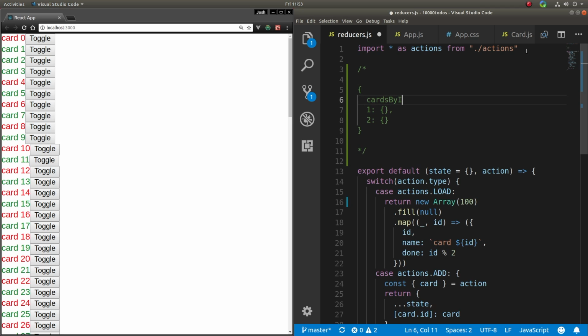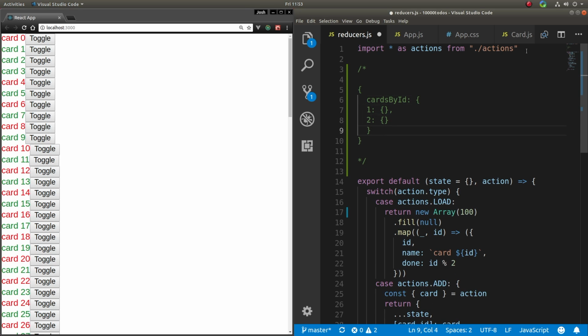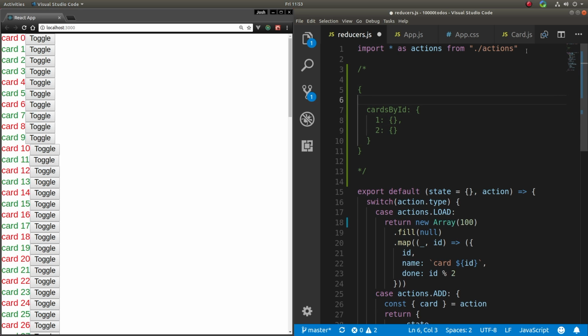So what we want to do is nest it inside of cardsById, and that's going to be an object indexed by the card's ID. So in there, we can look up a card by its ID very quickly, and we use an object instead of an array because the ID might be alphanumeric. Then we're going to have an array of card IDs. So objects do not have order, arrays do. So we're going to have constant time lookups into cards by ID, and